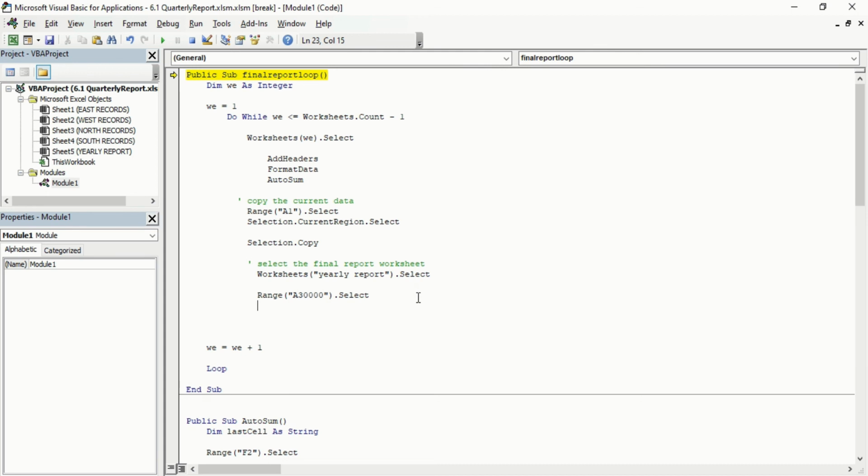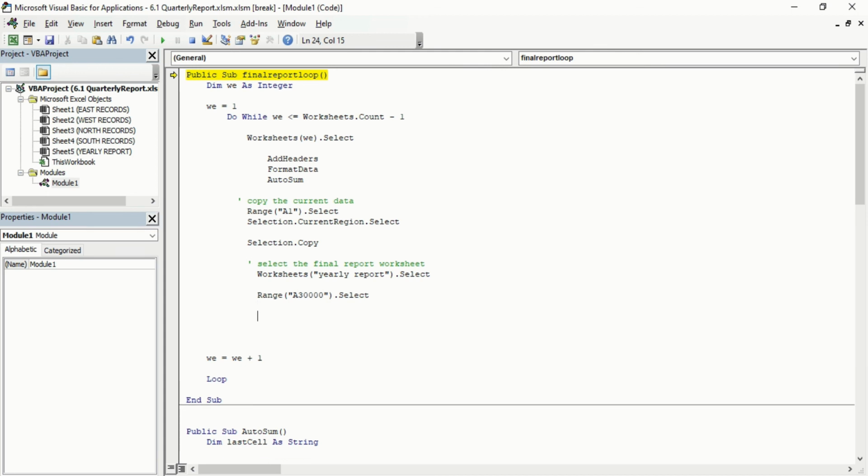Now what will it do? Selection, oh, by mistake I have written it wrong. Selection dot End, xlUp. Earlier we used xlDown, going from the highest point to the lowest point.